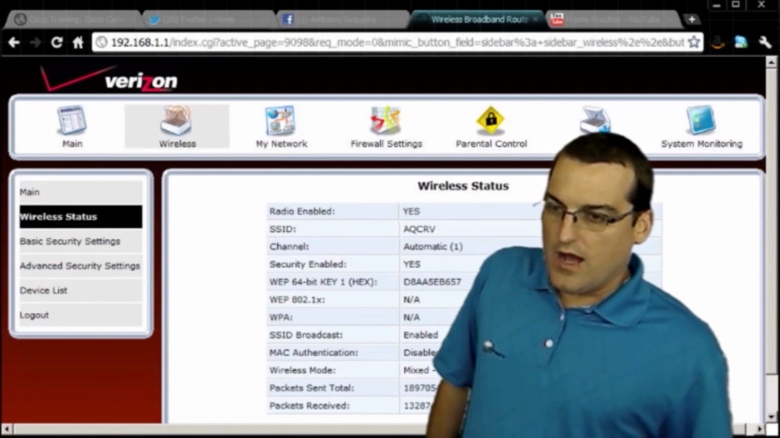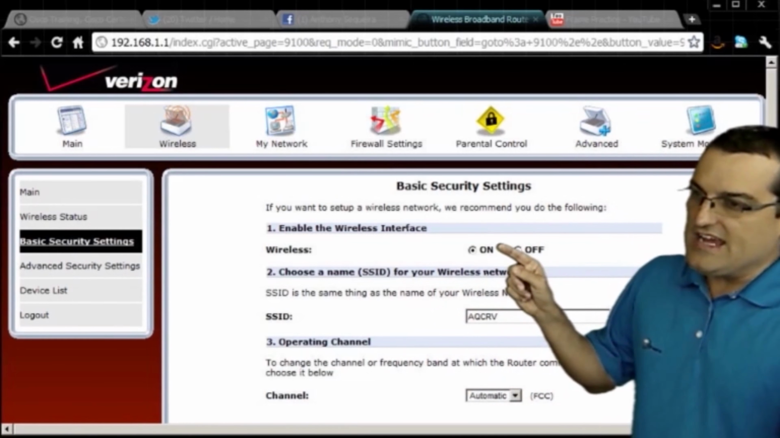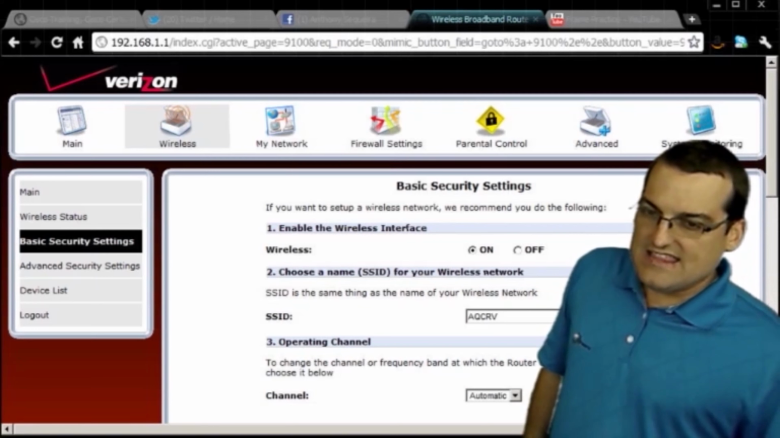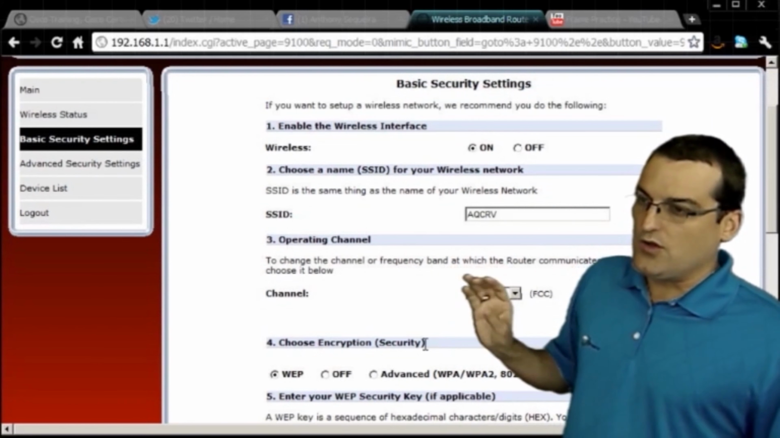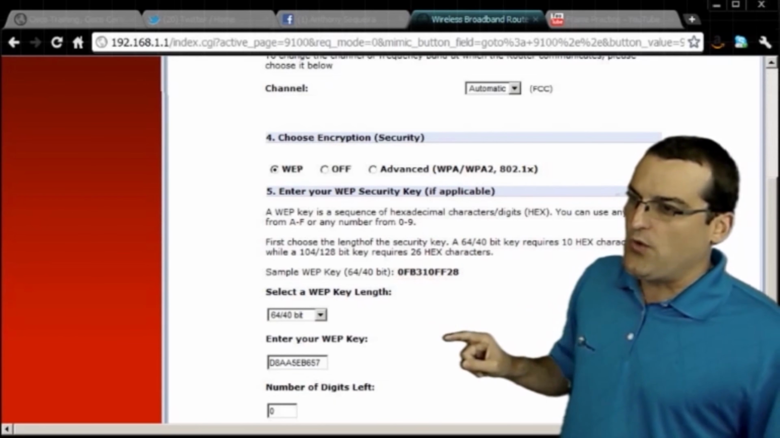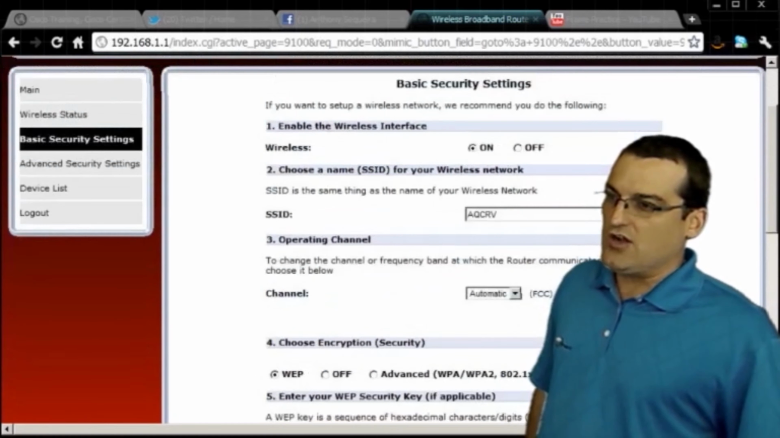Where do we want to go here? Basic security settings, for instance. Here you can see I turn on the wireless, I set up my SSID, and then I go ahead and select a channel or allow it to be selected automatically. And then we configure the form of wireless security we're going to be using, and we enter in our key